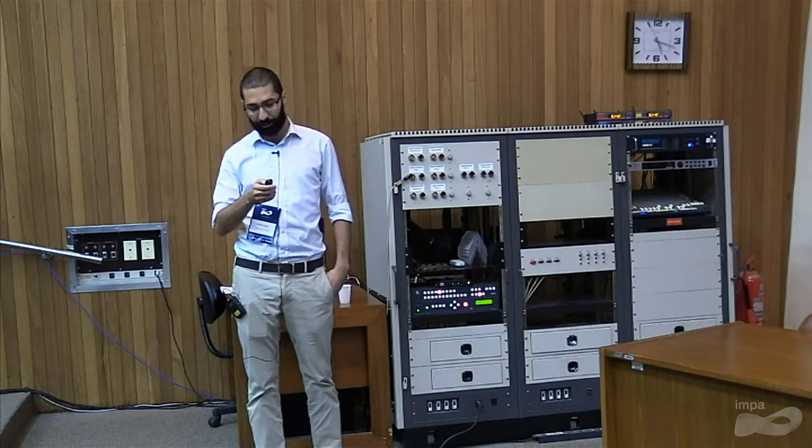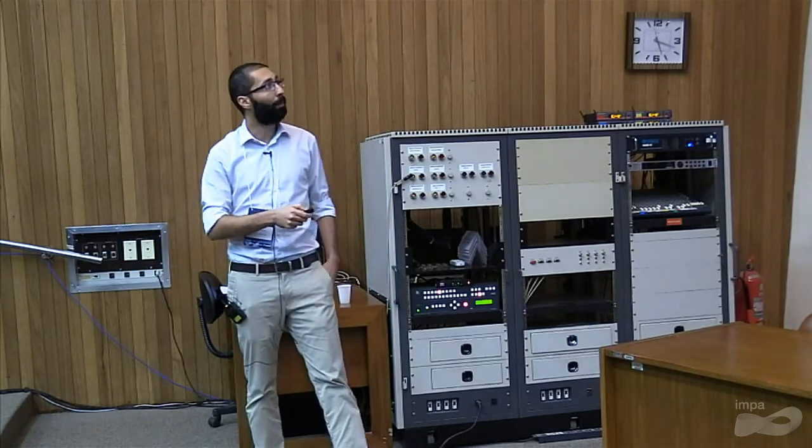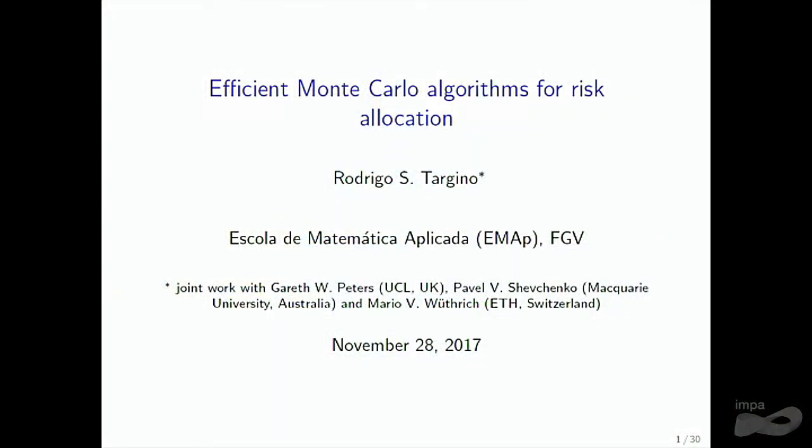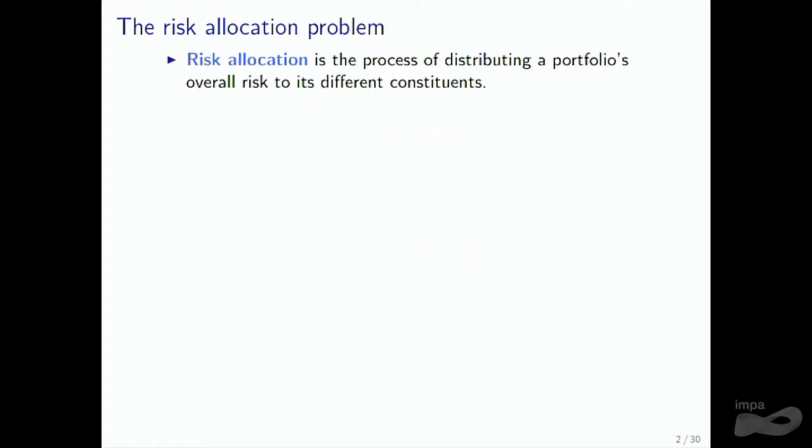So I need to say that this is a joint work with my PhD supervisors, all of them, I guess, Gareth, Pavel, and Mario. So I'll be talking about, as Bruno said, ways to make Monte Carlo a bit more efficient for the calculation of something very specific, which I'm calling the risk allocation problem, which I will define now. So the risk allocation, for those who do not know, is the process of distributing the portfolio overall risk